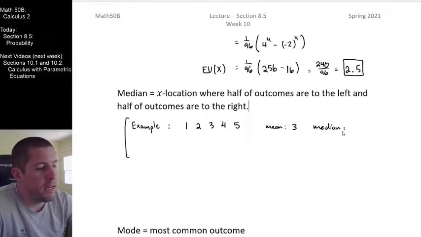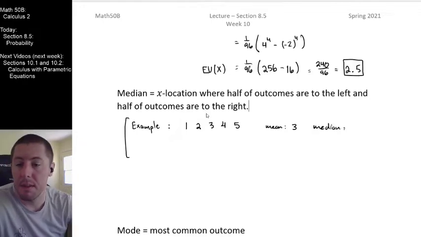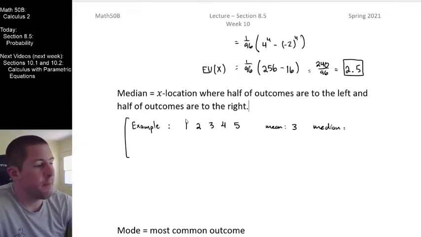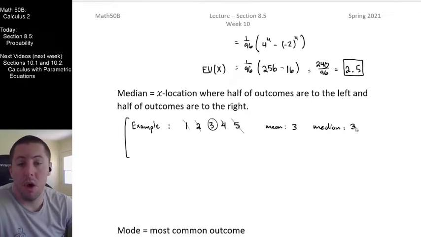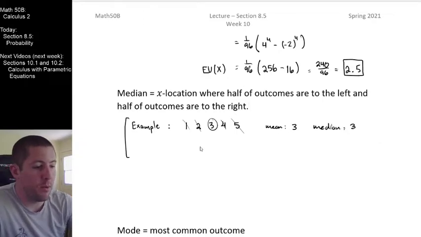To compute the median, what we're really looking for is the middle number regardless of size. So typically when I'm computing the median, I just cross off numbers from the outside. The outermost 2 are gone. Now the outermost 2 are gone again. And the one that's remaining in the middle is 3. So you should notice here the mean and the median are equal to one another. In statistics, we would say, therefore, that this is a symmetric distribution. The mean and the median agreed with one another.